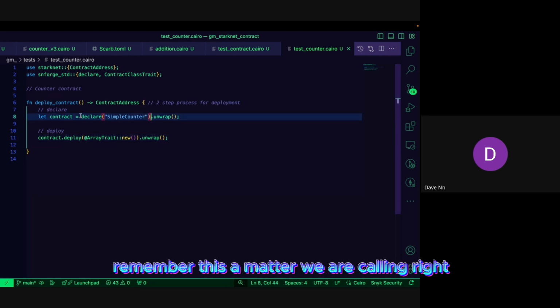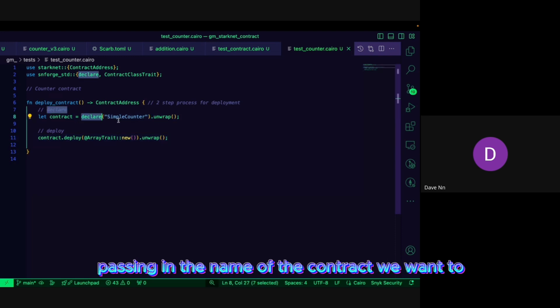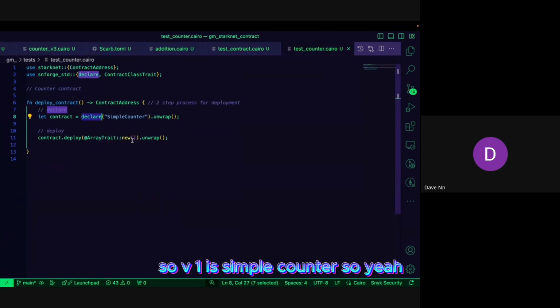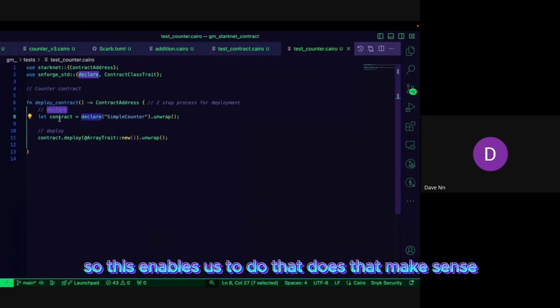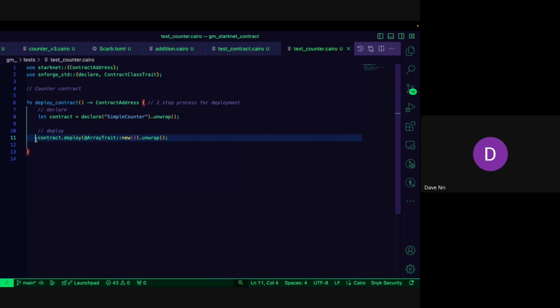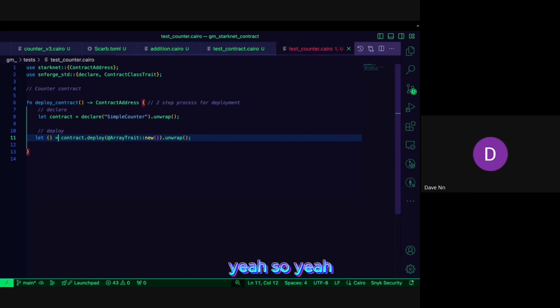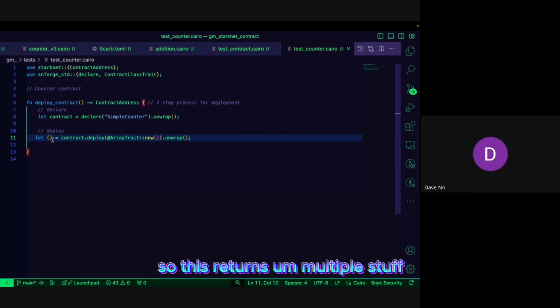So when we declare, remember this is a method we are calling, right? Passing in the name of the contract. Is it simple counter we call it? Yeah, simple counter, right? So for V1 it is simple counter. So this enables us to do that. Does that make sense? Yes, it does. Thank you very much. Oh, no problem. Yeah. So this returns